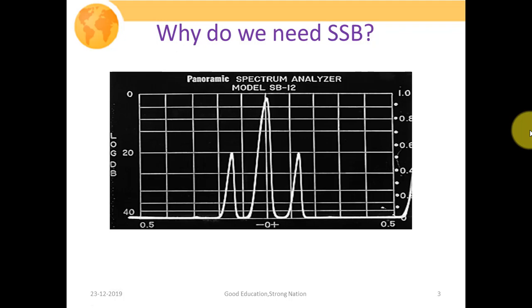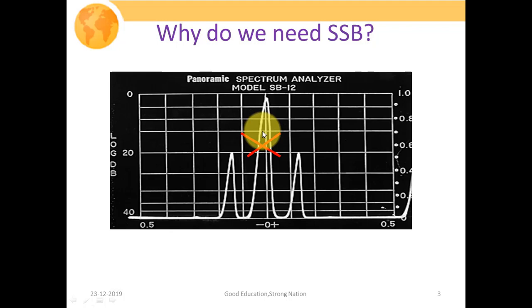So this particular figure shows the spectrum analyzer view of an AM signal. If we briefly focus on this figure, we're going to have three components. Number one is your carrier signal, and these two are its sidebands. This is our upper sideband and this is our lower sideband. We know that the message signal information is mainly contained in these sidebands, the upper sideband and lower sideband. The carrier does not carry any sort of information.